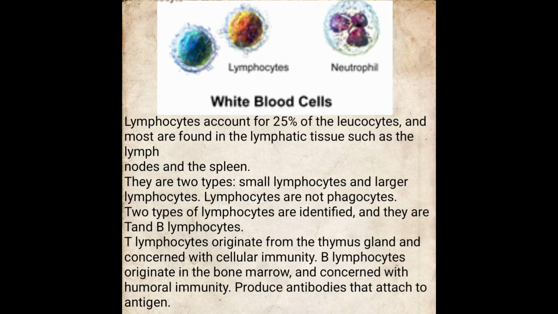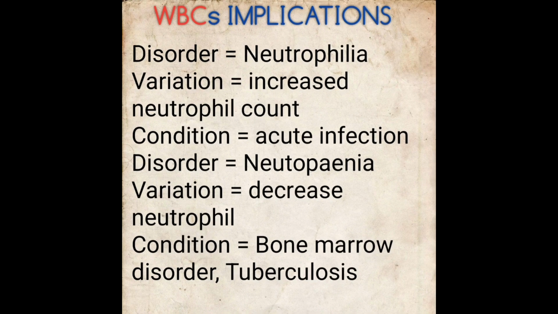There is also the natural killer cells that attack cells. But all these cells, we see them under the microscope. WBC implication: when you have high neutrophil, it's called neutrophilia, and the counts are higher, from 70 and even